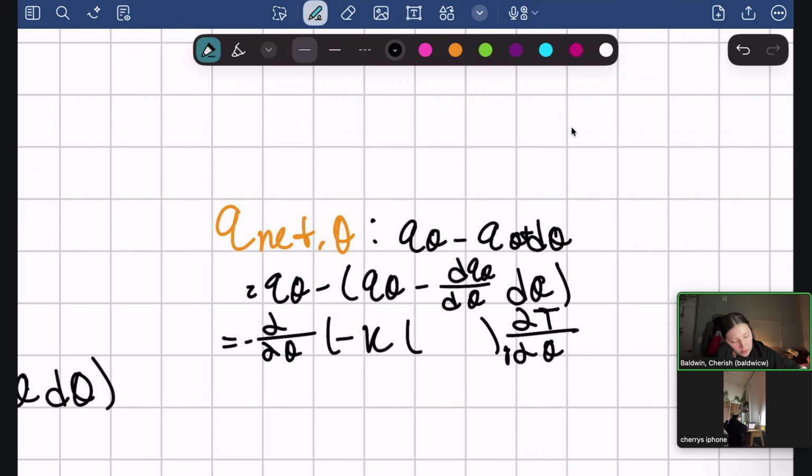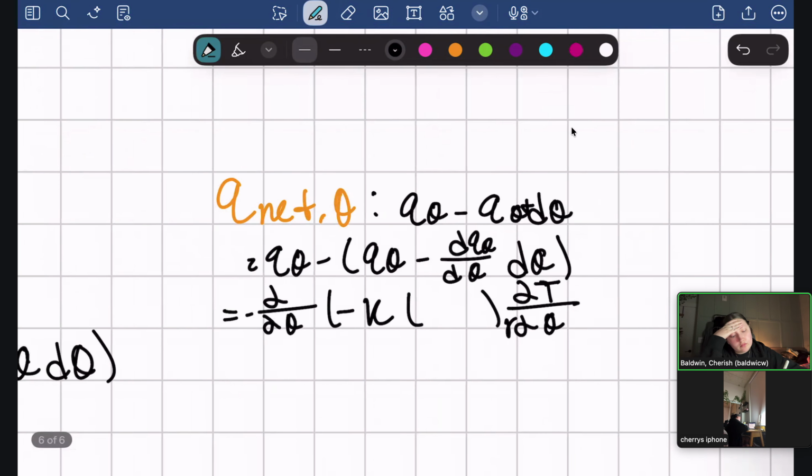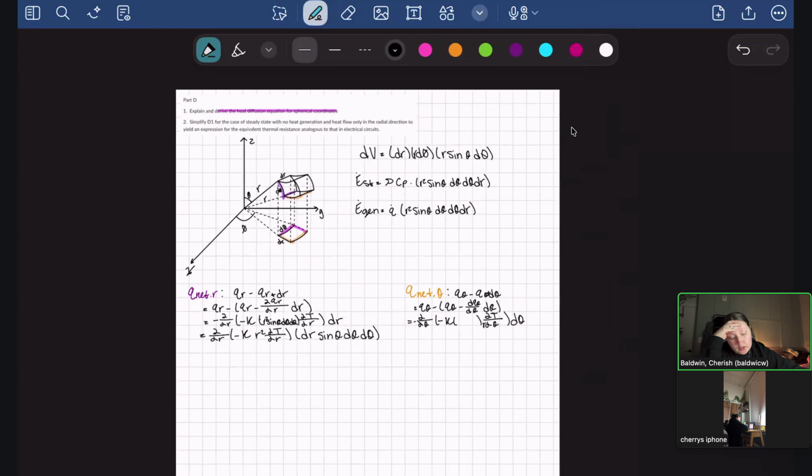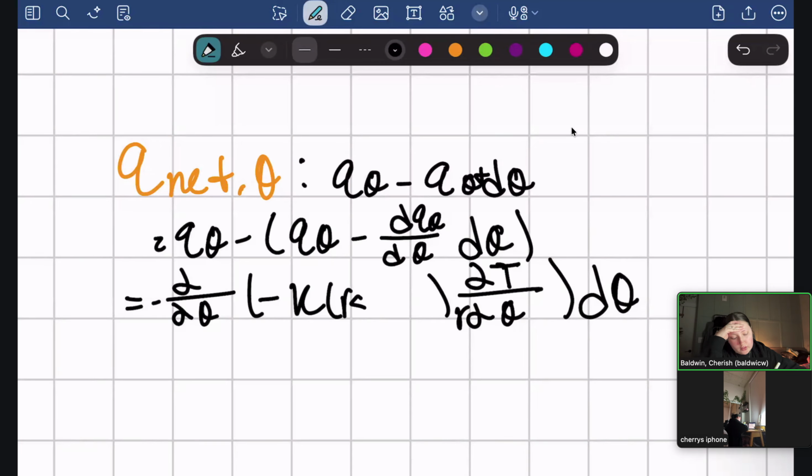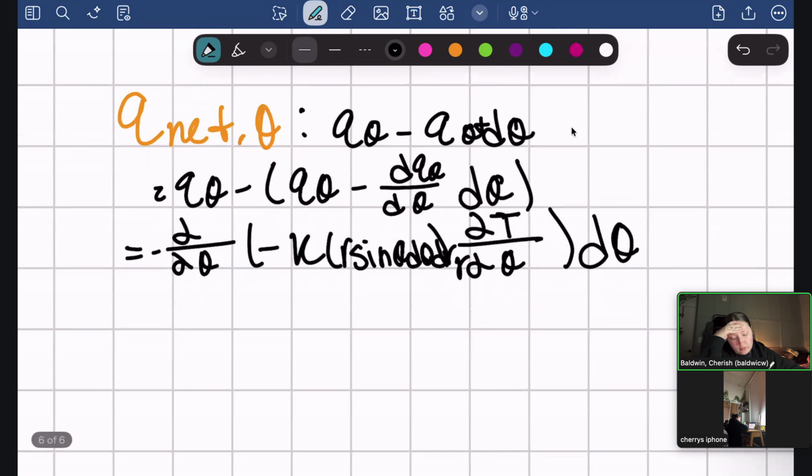And you have to put R here because Fourier's law is in distance, not degree. And the area for the orange surface is R sine theta d phi dr. So then that gives you, after it cancels,